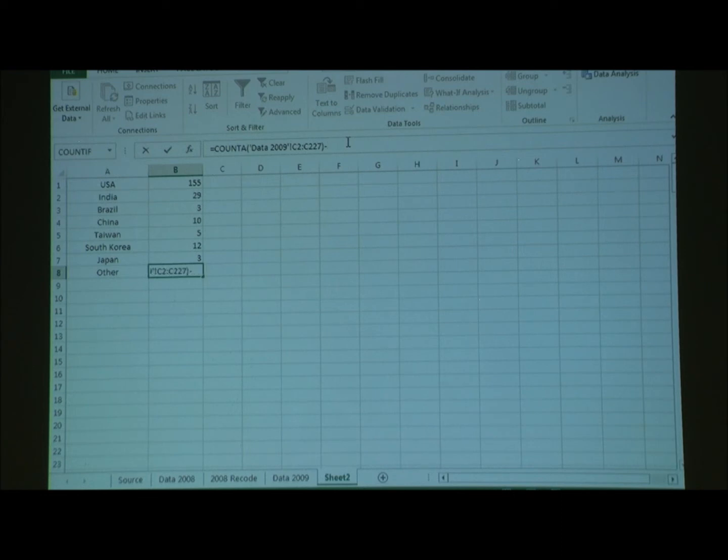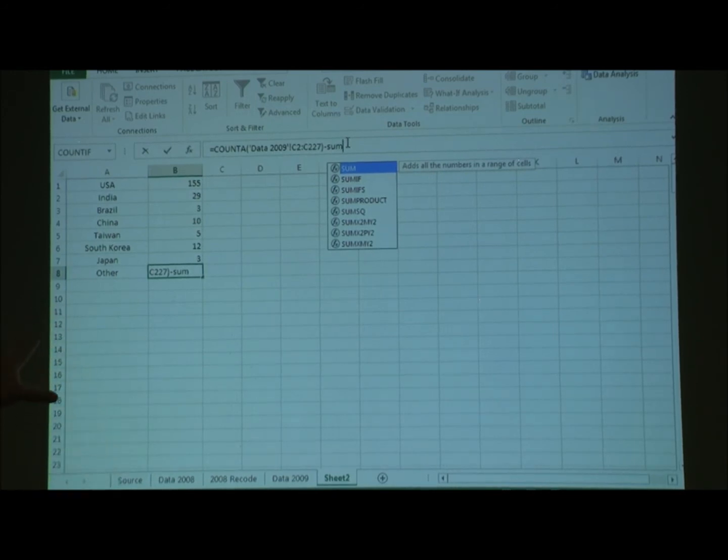SUM. Okay. And just so you're aware, SUM is a function. So that's why it's showing up a list here. And that's why if you see it here, it has like a little F. It's really hard to see, but it's a function. So we're going to do the parenthesis, and now what am I going to do? We're going to click on 155, the top of the range, okay, hit shift, and then down arrow until